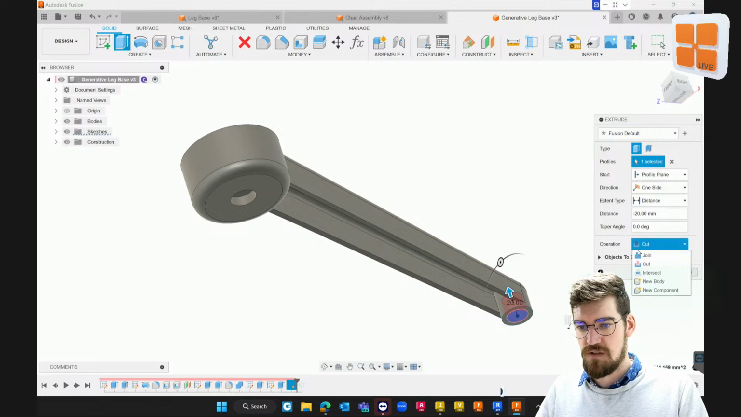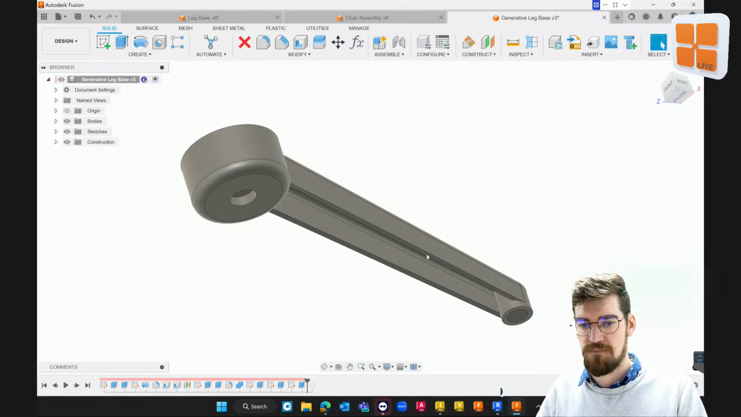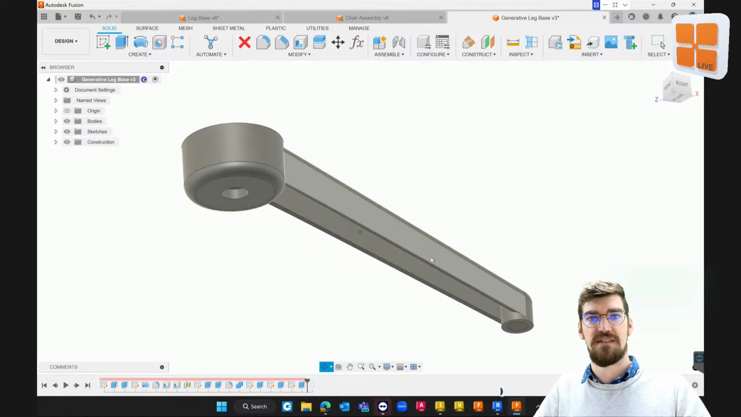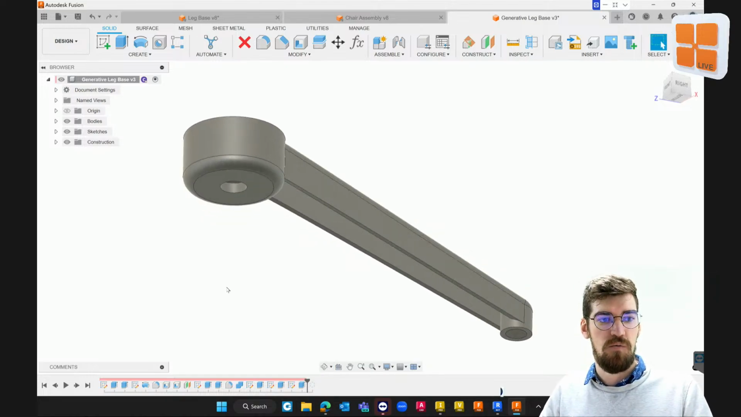I'll go about 20 mil on this one. Also creating it as a new body. So taking an existing design, now again, this doesn't have to be an existing design, this can be completely from scratch. We can go in and then turn off the visibility of any of the other components that might exist